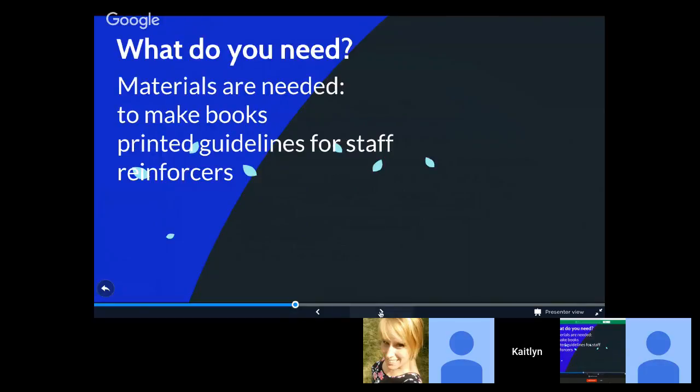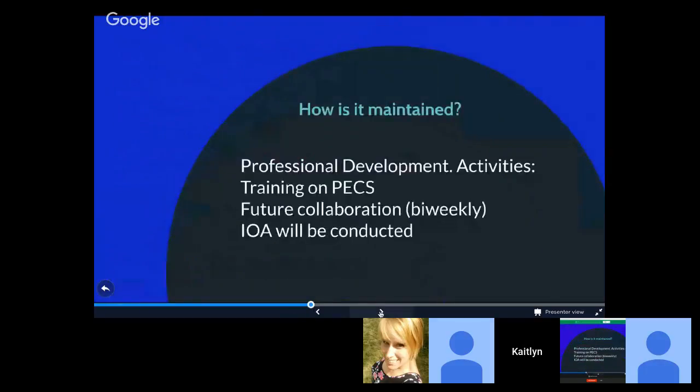Moving on, talking about the professional development activities. There are training procedures for PECs at different levels. It should be completed by the BCBA until mastery has been achieved prior to working with the child using the PEC system. Ongoing trainings are available and can be done. There are places you can go. There are online portals for this, and there are also BCBAs who can come out and do this kind of